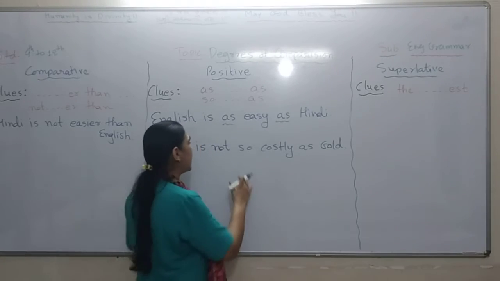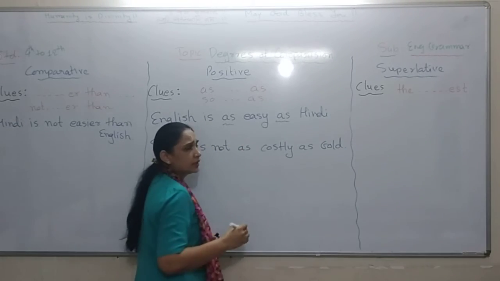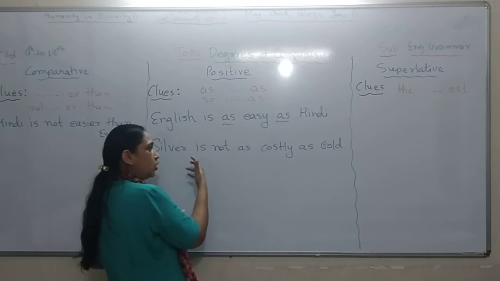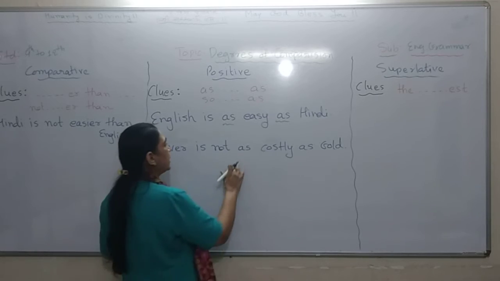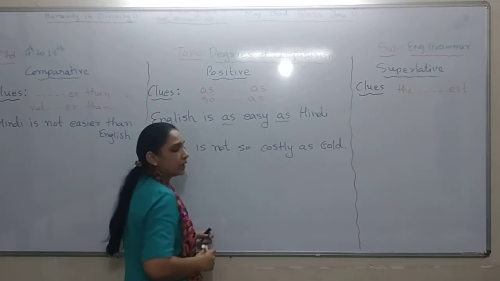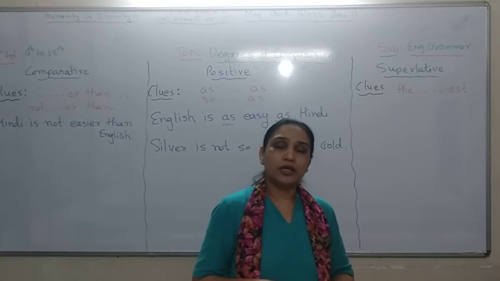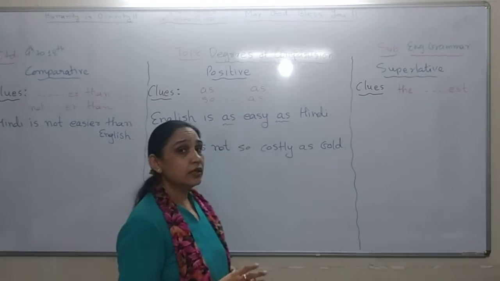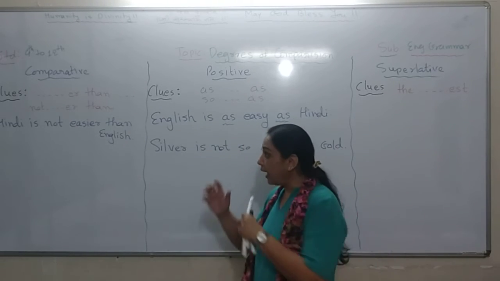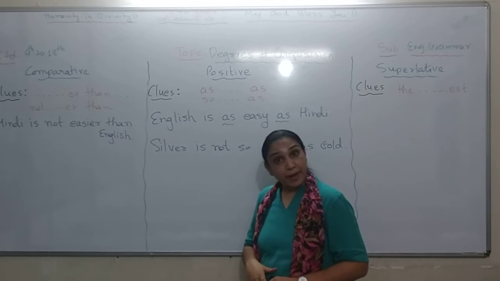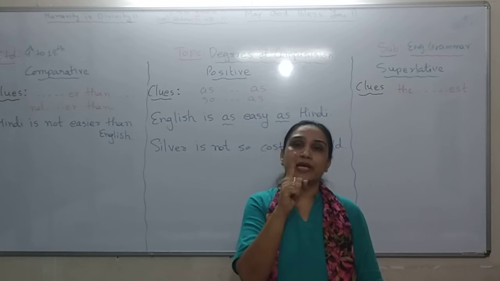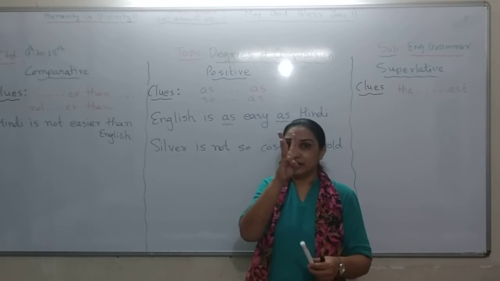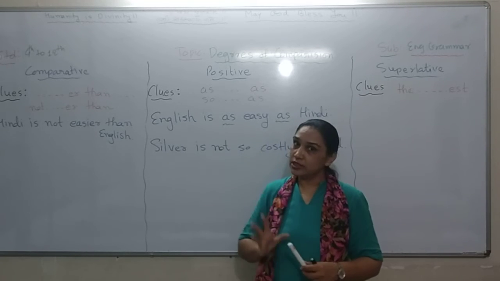Some students also write "as" here. It will not make any difference if you write "as" or if you write "so", but it seems better if I write "so" when I am using "not" in my sentence while writing in positive degree. You know it. Now my sentence is already in negative. I want to convert the sentence into comparative, but I don't want to change the sense of my sentence. And obviously, again, the same three changes I have to make.